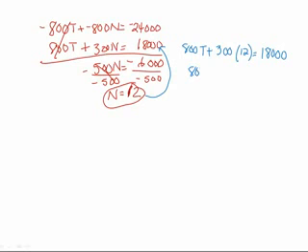So I have 800T plus 3,600 equals, excuse me, 18,000. So 800T is equal to,